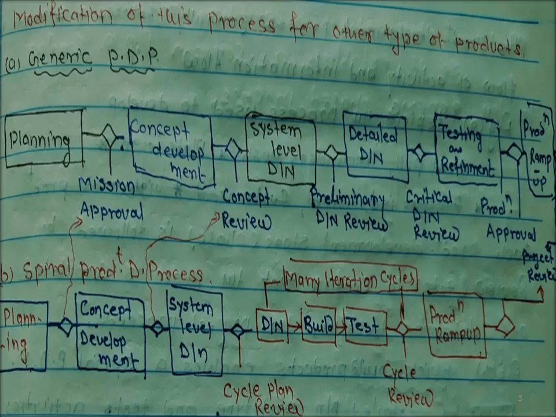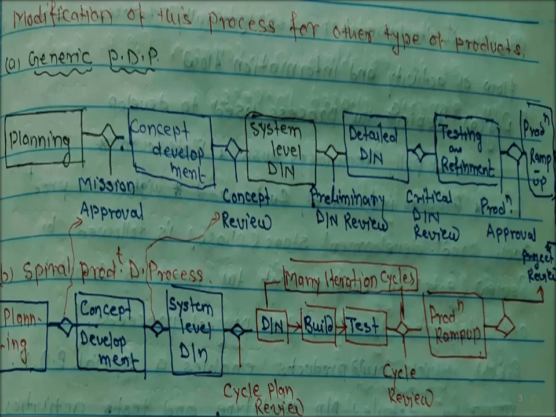So the first figure shows the generic product development process, or in other words, the process for the market pull product, platform based product, process intensive and customized products. These are the various stages followed by all such types of products. Whereas in the second case, the quick build products, they enable a spiral product development process.